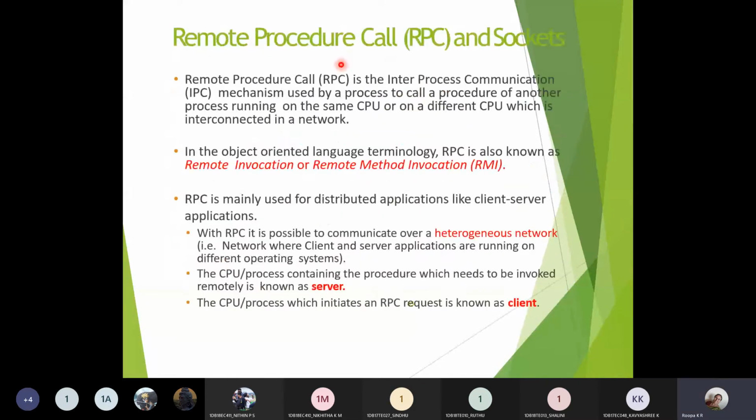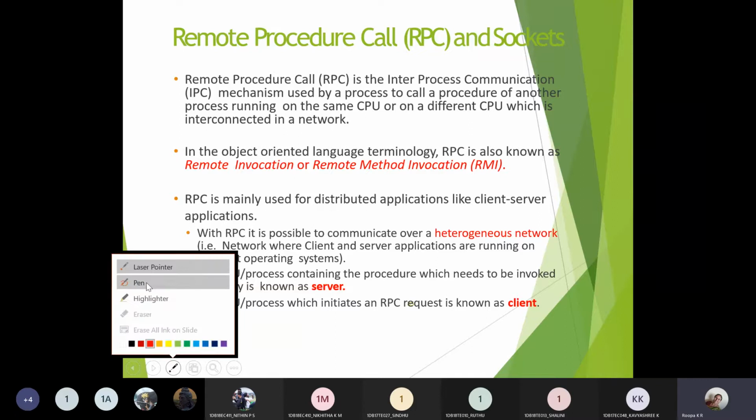So remote procedure call is also called RPC. This RPC method is used for communicating from one process to another process. If you want to communicate, RPC will be helpful in the communication process. So if the processes are running in parallel, they can communicate through RPC, and if one process is running on one system and another process is running on another system, even in such cases the process communication can take place by using this RPC.